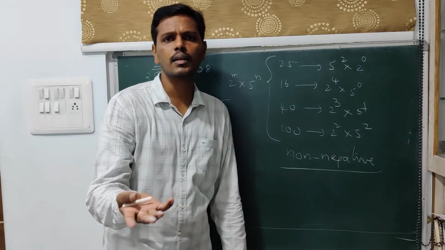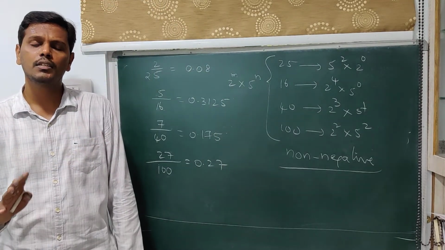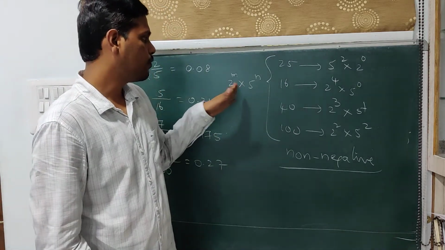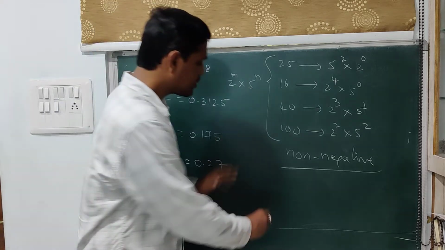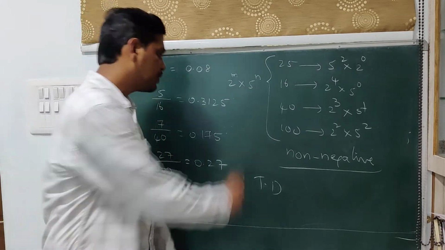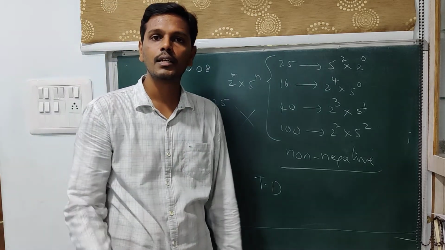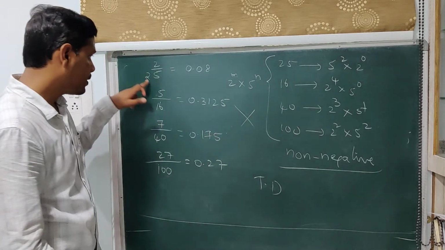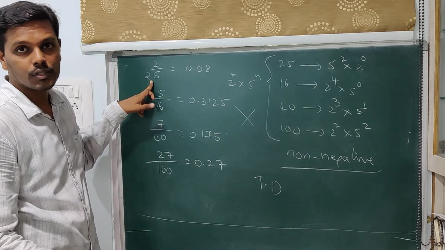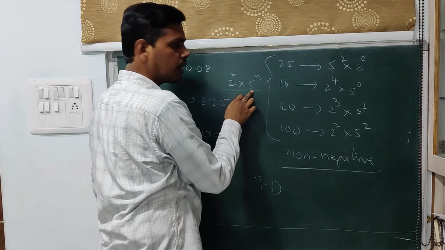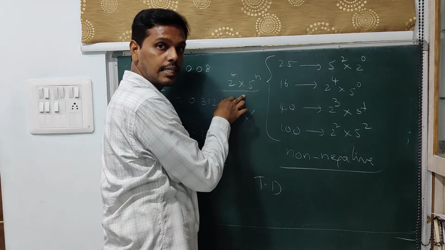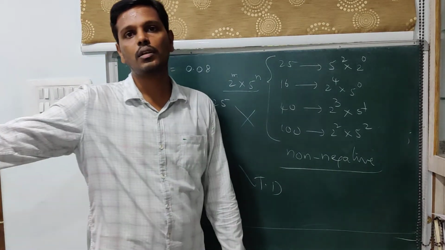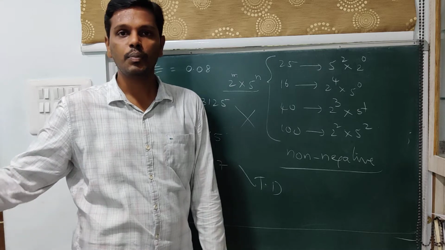And we also know that any rational number which is not terminating is a non-terminating repeating decimal. That is, if it follows this property, then we can say that it is a terminating decimal. If it doesn't follow this property, we say that it is a non-terminating repeating decimal. The property which we are speaking of is that the denominator's prime factorization is of the form 2 power m into 5 power n. If that is the case, then we say that it is a terminating decimal. If it is not a terminating decimal, then it should surely be a non-terminating repeating decimal expansion.